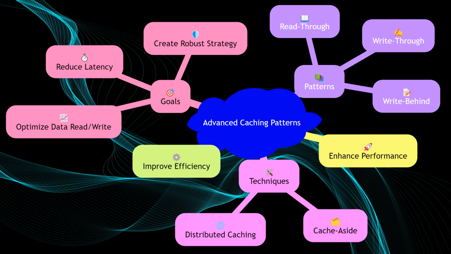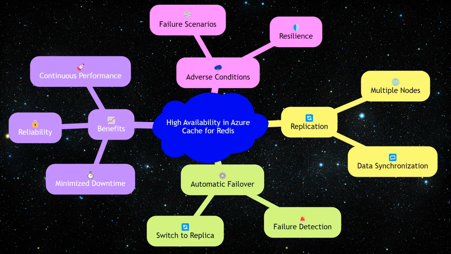of your application. High availability is crucial for ensuring that the cache remains accessible even in the event of failures. Azure Cache for Redis offers features like replication and automatic failover to provide high availability. By replicating data across multiple nodes and automatically failing over to a replica in case of a failure, you can ensure that the cache remains available and reliable. Implementing high availability measures helps minimize downtime and ensures that the cache can continue to provide performance benefits even in